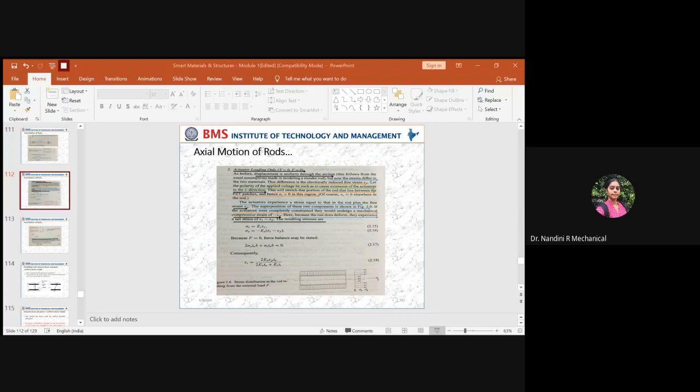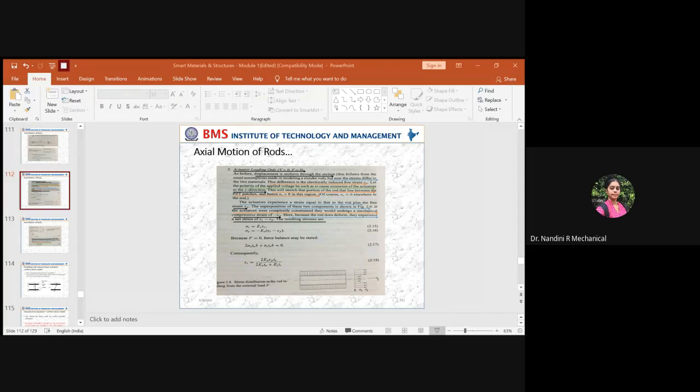Only the strain is being induced in the body due to the applied electrical voltage. So the stress induced across the piezo patch plus the stress induced across the structure will be equal to 0 for the net equilibrium condition. So here you have two piezo patches, one at the top and one at the bottom. Right, you will write twice the stress induced across the actuator times the thickness of the actuator and the width of the actuator. Similarly, for the substrate, this will be equal to 0. So this is the equation.